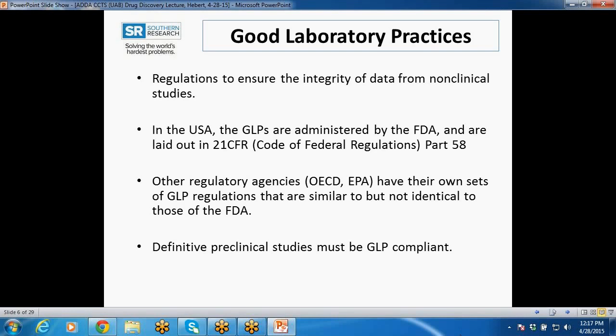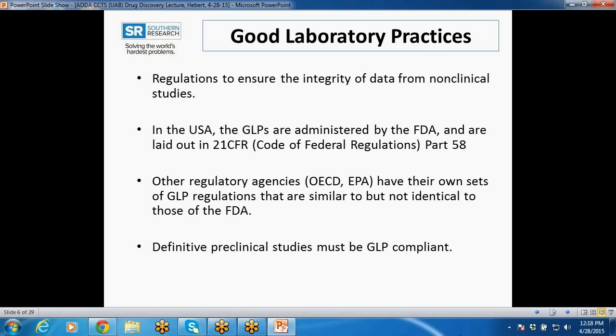GLP compliant is, in some senses, a state of mind. It can be argued whether some types of testing are or are not GLP compliant. One thing that you do need to remember is that even though you're doing a GLP study, and this is especially true for biologics,